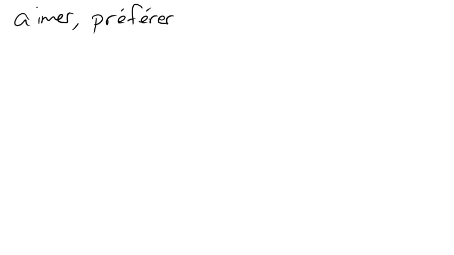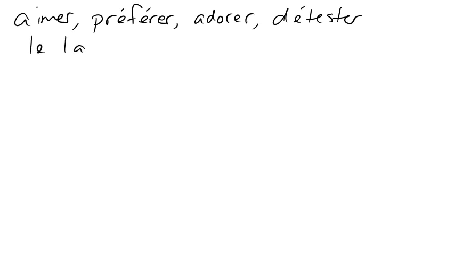Préférer, which means to prefer, or adorer, you know, you really love something, or détester, I hate it. So you can use these with definite articles. So le, la, les. This is where these guys show up. So, for example,